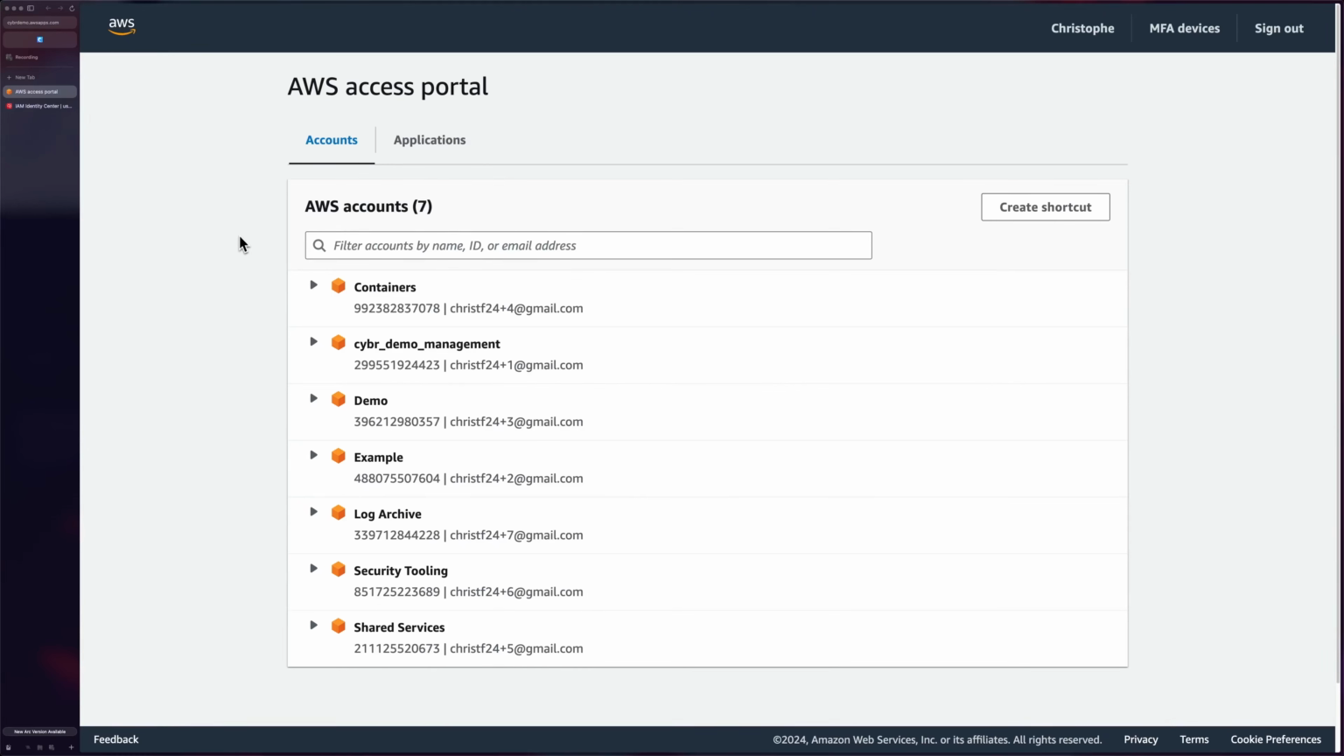Just as a heads up, I've already created the resources that we're going to look at in this lesson, so I'm going to show you how I configured them and how you would need to configure them to mimic what I've done in my environment. But I'm going to show you everything that you need to deploy, in what order, and how you need to